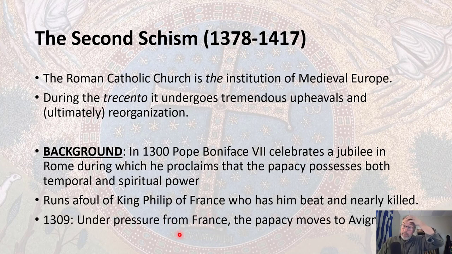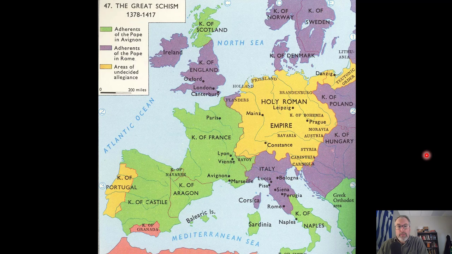And not only this, King Philip is so upset that, under further economic and military pressures, he says, I'm not even going to have the Pope be in Rome anymore. I want it closer to home, and moves it to Avignon, which was within French territory, and says, okay, this is the new Vatican, so to speak, in his territory. Again, unthinkable in terms of this long institution of the papacy thus far. So here's Avignon, roughly around the time of the Great Schism.